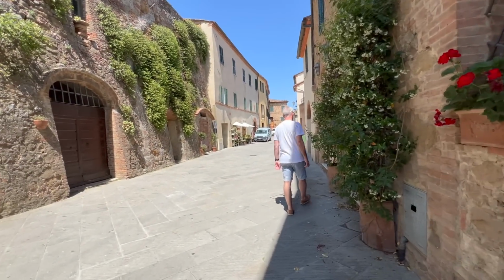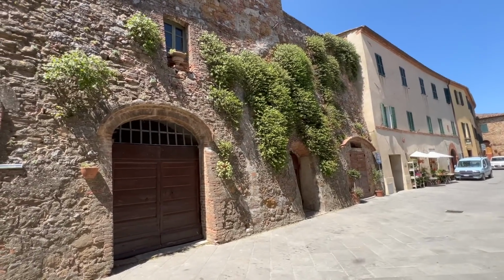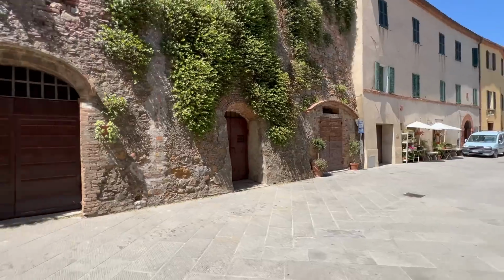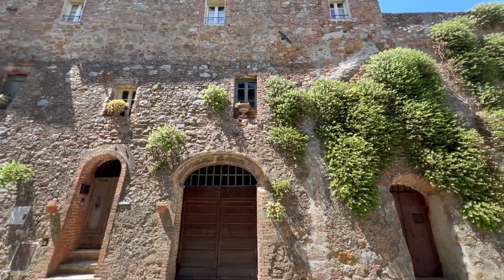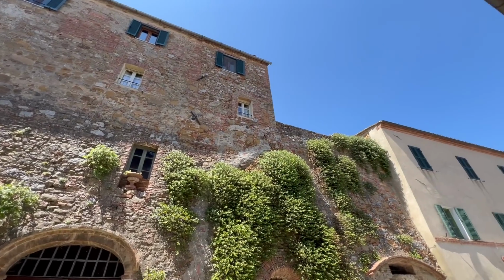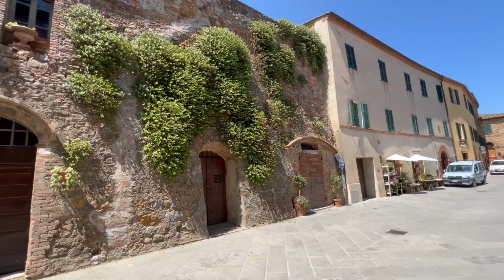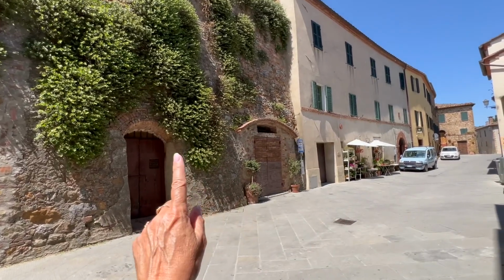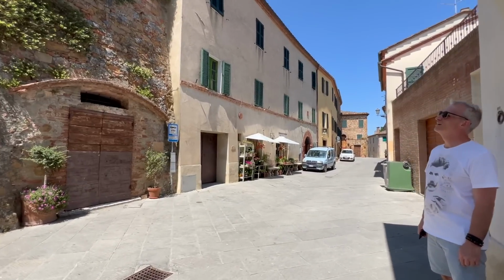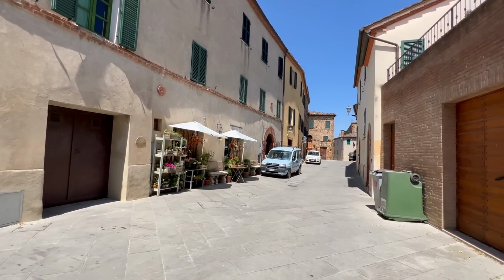And there's a little plant shop over the other side here. Just loving these castle walls. Oh, look at those beautiful... I'll just stop here in the shade and step back and show you those walls here with those gorgeous windows and all of that jasmine. I think it's jasmine. Something growing up the walls there. You can see the old cantina underneath. A dear little florist and plant store up here. I can see a sign for a pharmacy